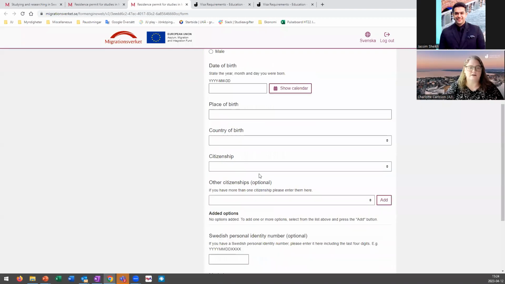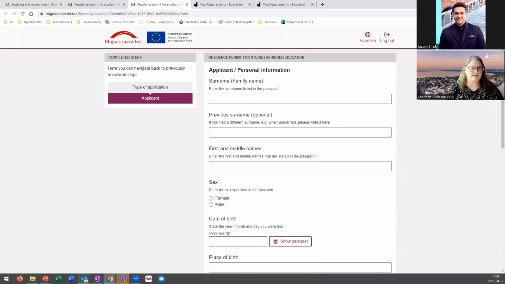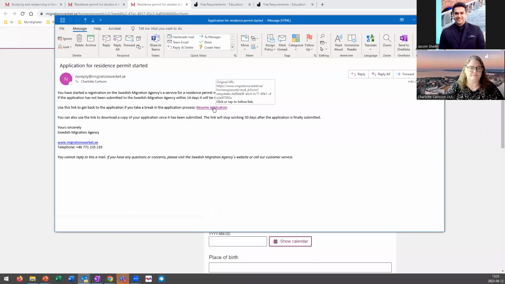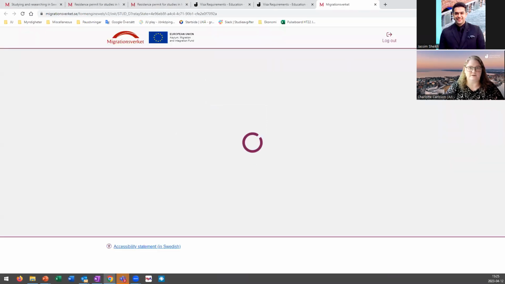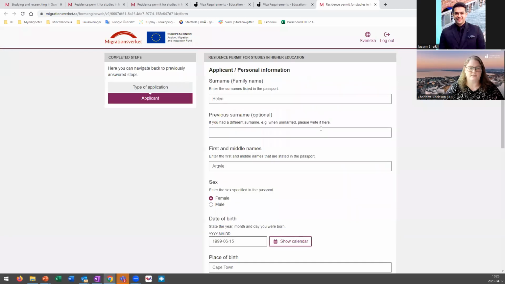Here you put in your information. Let me just see if you will get this kind of information once you've received an email from the migration agency. Yes, here we go. So your surname, your surname or family name, and then, for instance, if you had a different name when you were unmarried and now you're married, write that here. Your first and middle names,